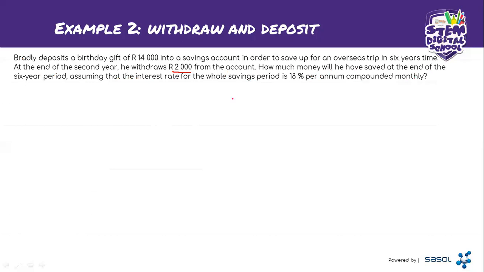You can see this person initially invests or deposits 14,000 into a savings account. At a later stage, this person is going to withdraw. Then let's see how we calculate that. The timeline I drew is very friendly and it's going to help you a lot to understand what is happening in the scenario. You can see in the first year this person deposits 14,000, and then after 2 years,